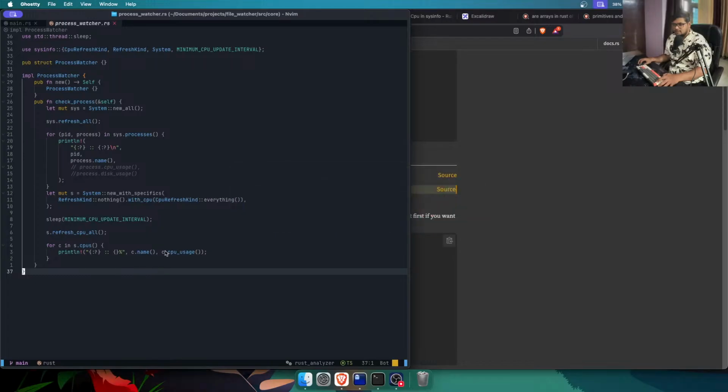Okay, so it's the CPU usage, but these are not processes, right? These are the processes. So if I do only this and this and this, so these,